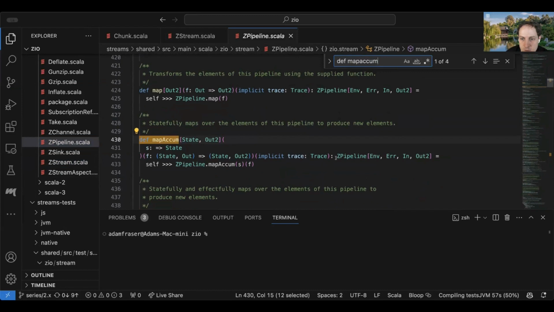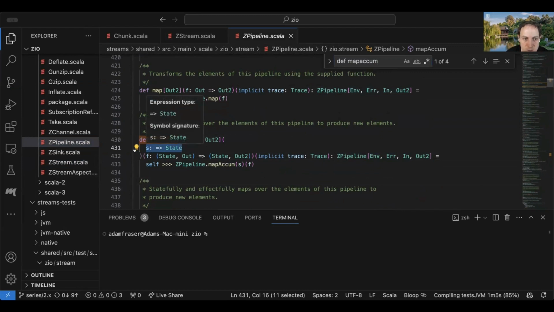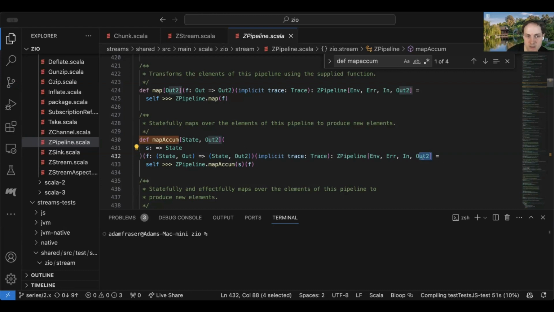So this is maybe an even clearer analogy. This pipeline is going to be defined starting with some initial state, and it's just going to accept in messages, and then based on this function, here they're called out and out2, it's going to take out messages, and based on the state and the out message, it's going to produce a new state, and it's going to emit an out2 message, and it's just going to keep doing that forever. So you can see there's a little bit of a difference here: these out2 messages are getting emitted downstream in the stream architecture, versus in our actors, the out2 messages are getting sent back to the original sender.